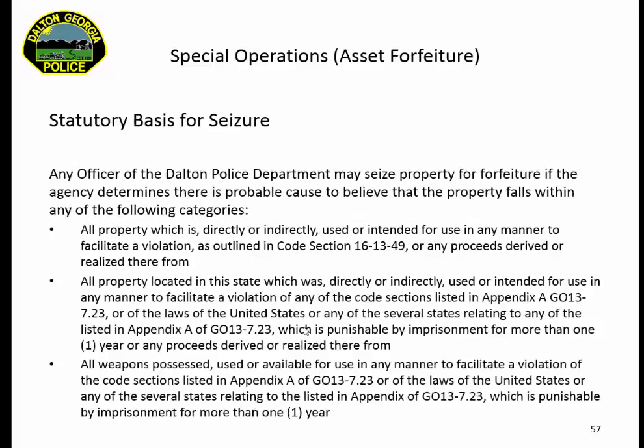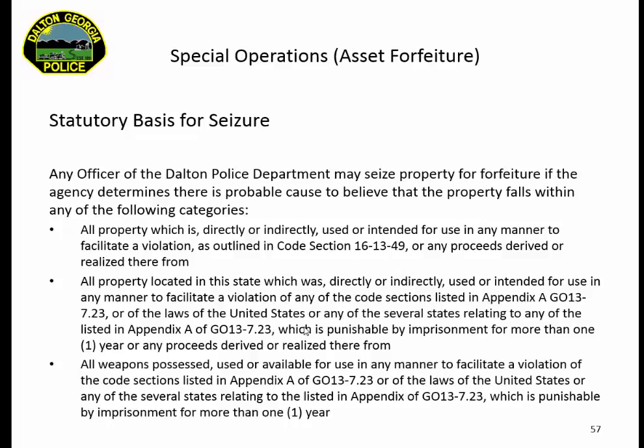And if you look at this slide here, it talks about the statutory basis for seizure. Again, this is outlined in Dalton Police Department Policy 7.23. Again, if you've not read this in a while, I would highly recommend going in and looking at this.